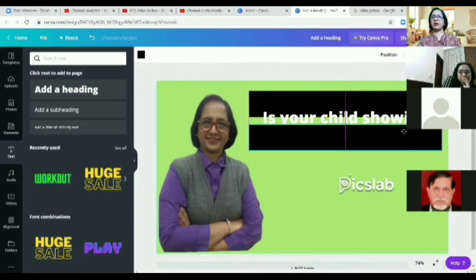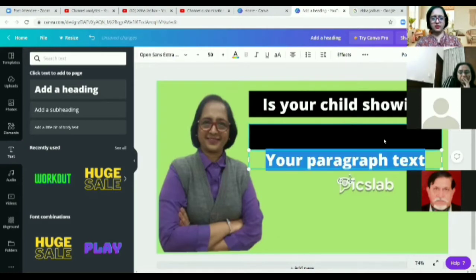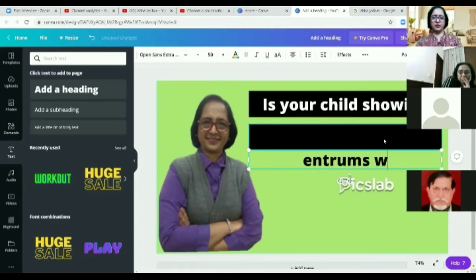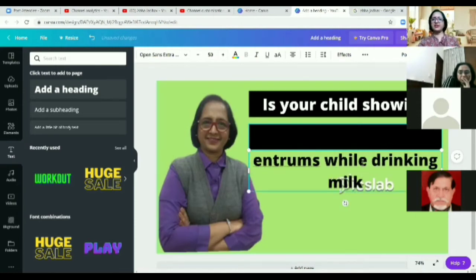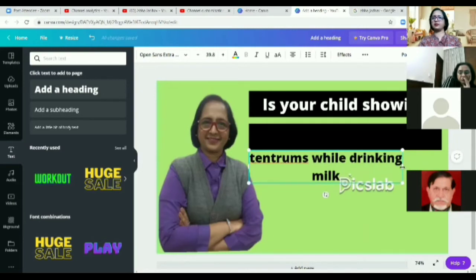So I have copy pasted. So every now and then you're not supposed to go in this shape elements you have to select. You can simply copy paste. I just created one hypothetical title.